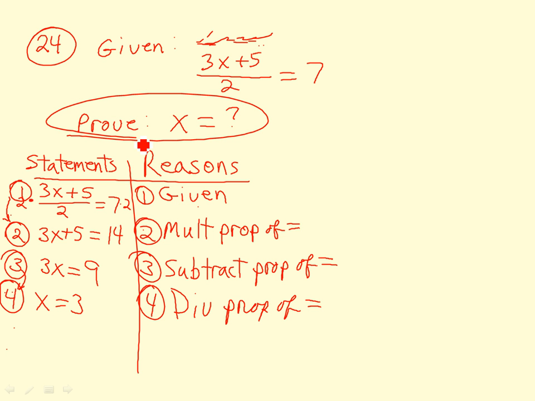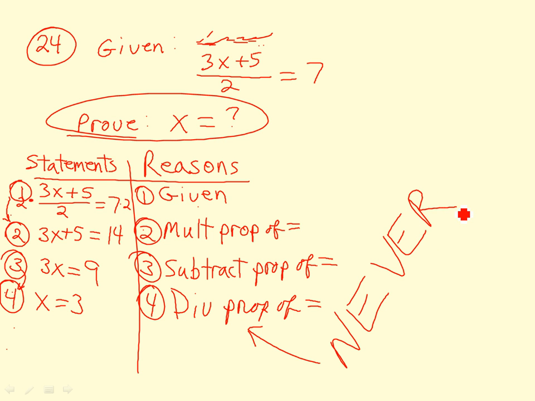Some things I'm going to say while you're finishing copying this down. This last reason right here, never, ever, ever should it be given. You can't have your last reason as given. Never should it be something like prove. All right? That last reason, if you write that in there, number one, it makes me very upset because I